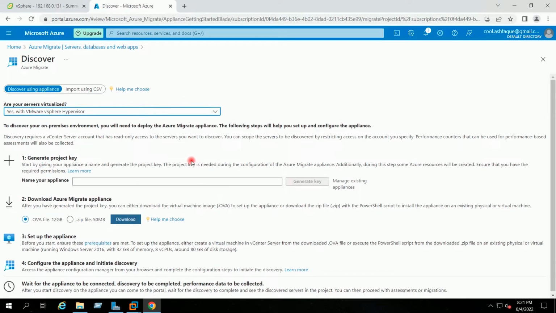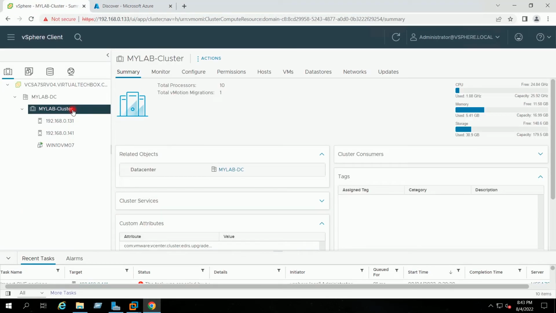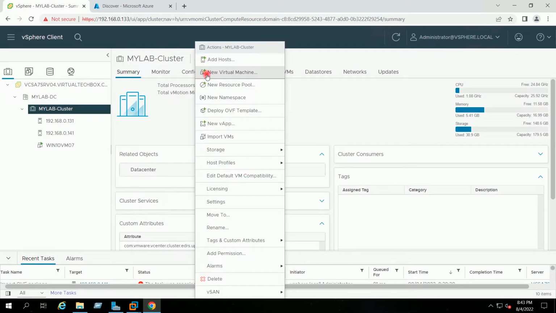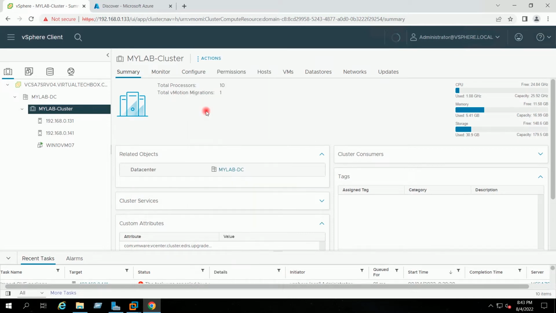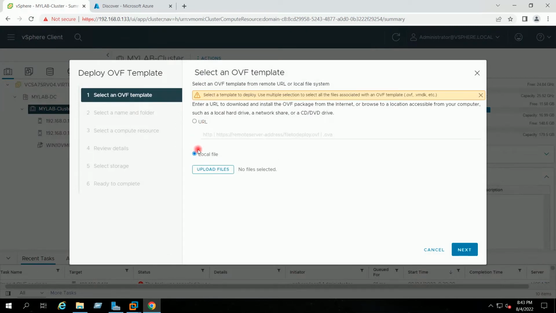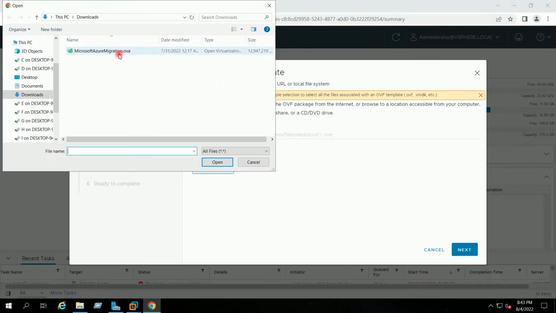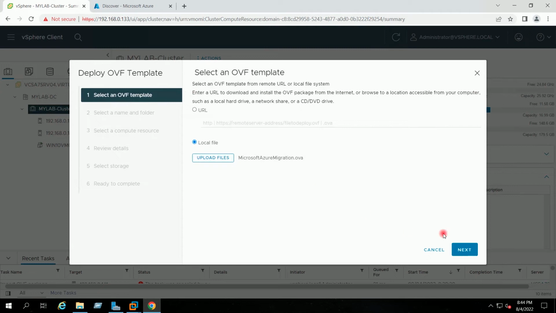I will now go to my vCenter. On my vCenter on the left side I will select my cluster. In the actions I will select deploy OVF template, local file, upload files. I will select the appliance which we have downloaded, open.